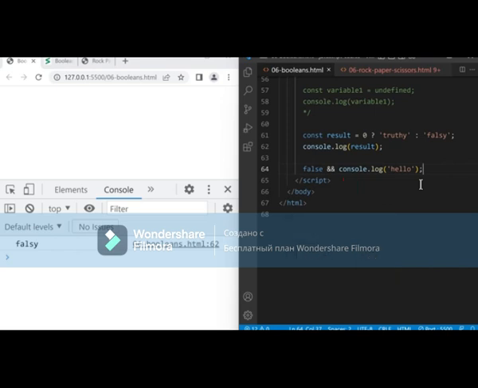And just like the ternary operator, we can save the guard operator in a variable. For example, let's create a variable const message and make it equal to false and the string hello. If the first value is falsy, the guard operator will stop early, and the result will be the first value. If we console.log this message and save, the value false will be saved